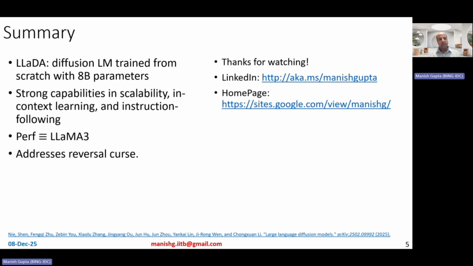It has performance similar to Llama 3 and much better than Llama 2. It also addresses the reversal curse because it leverages bidirectional dependencies rather than being just a left-to-right autoregressive model. Okay, so that's it for this